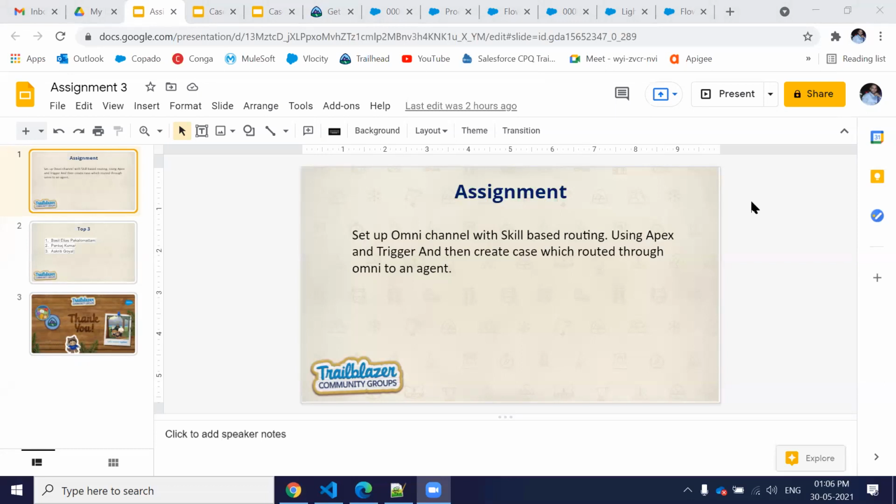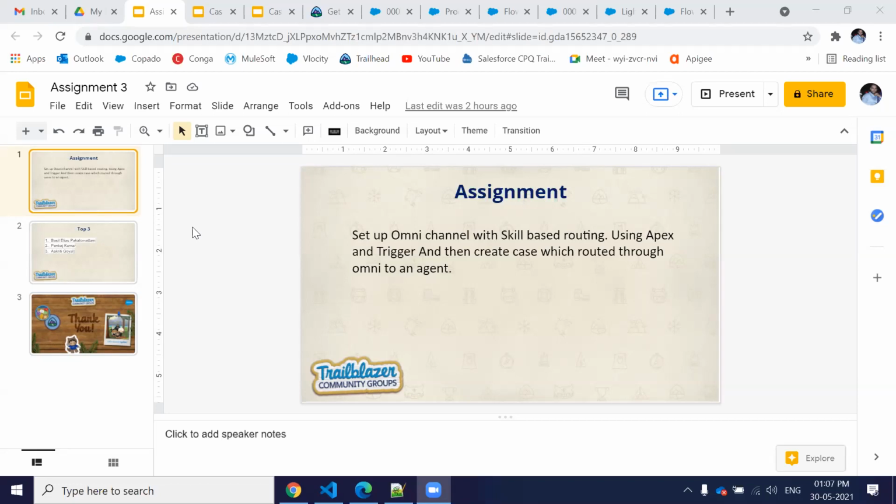If I provide the code directly, it's going to be an easy task for them, because they're just going to paste the code and change the values, and that's it. I don't want to do that. I want them to do some coding as well, because we are learning Salesforce. So they should know how to do some of the coding.